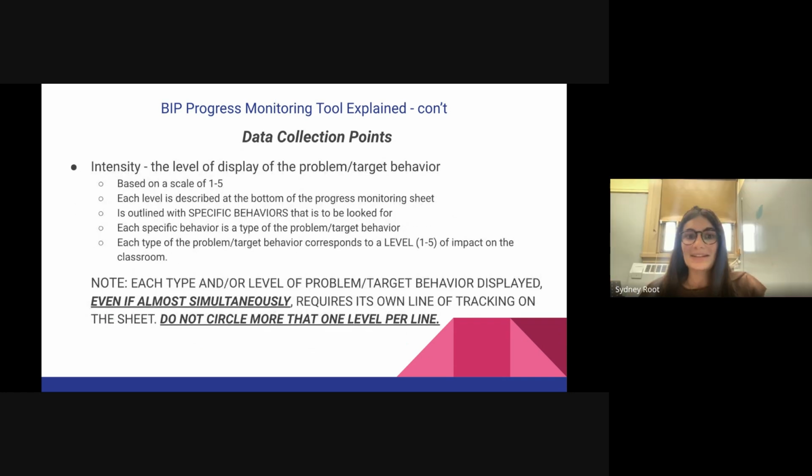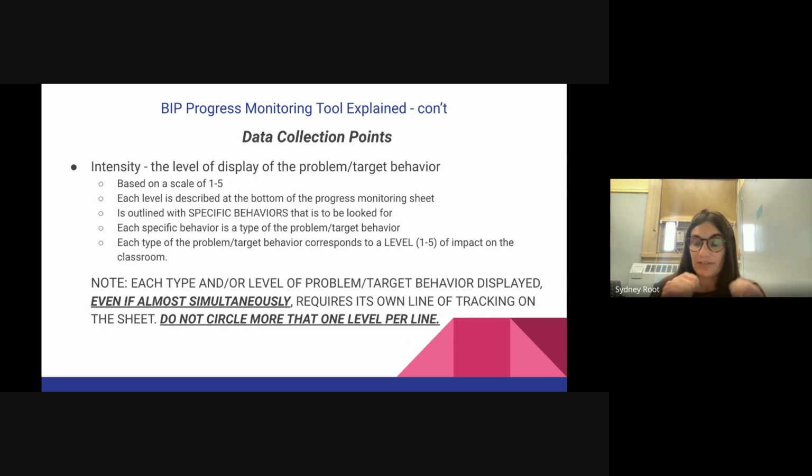Thank you. And the last part of the sheet, sorry, that you're going to see is intensity. I'm going to touch on it, and then I'm going to pass it off to Mr. Jason, and he's going to go more in depth about the intensities. So this is an intensity scale from 1 to 5. You'll see that on the side of the sheet, and it has a 1, 2, 3, 4, 5, and it's a place where you can circle it. Each intensity level is going to be described at the bottom of the sheet. So you'll see it's like 1 could be refuses to follow directions for a non-compliant student. 2, flopping on the floor, et cetera.